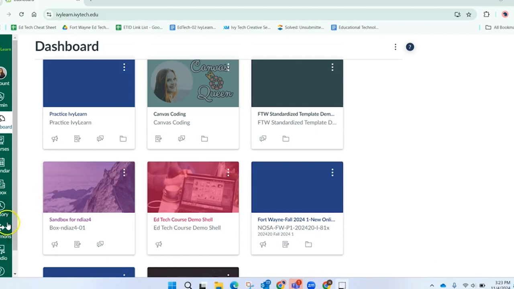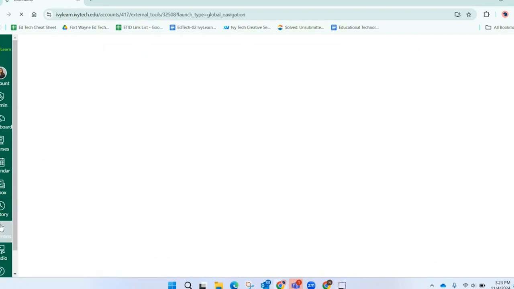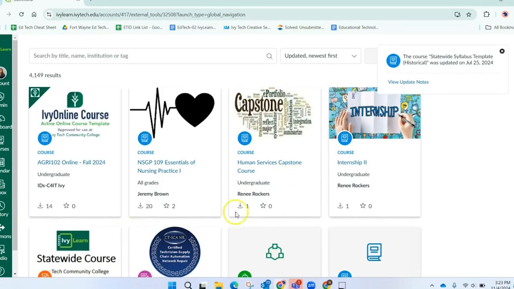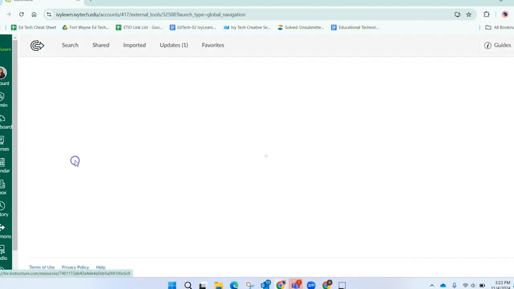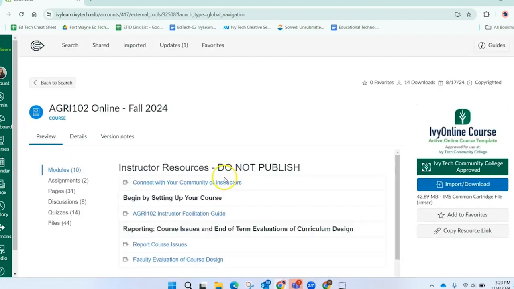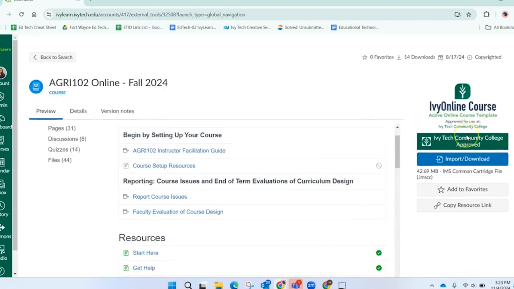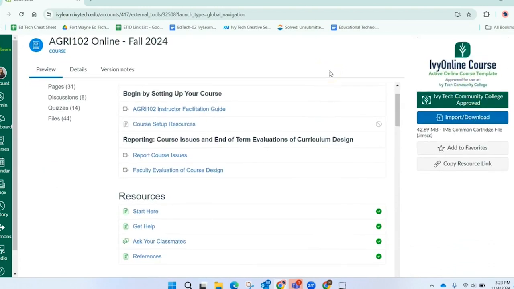For example, let's go into the commons. Let's say I want to download the AgriD 102 online fall 2024 content into my course. I would just simply need to click into that. And then I just need to click on the right side, import and download.